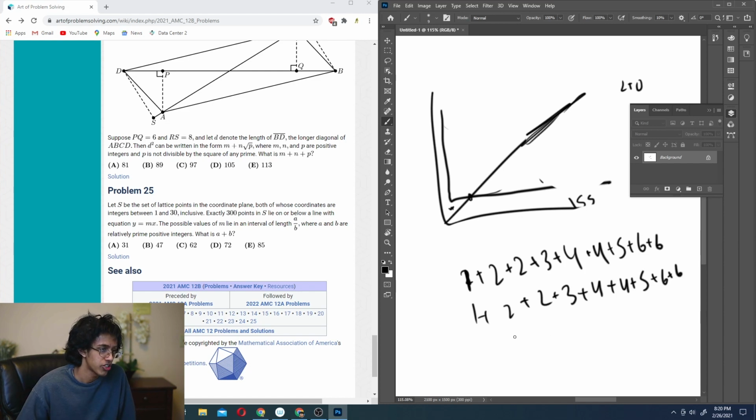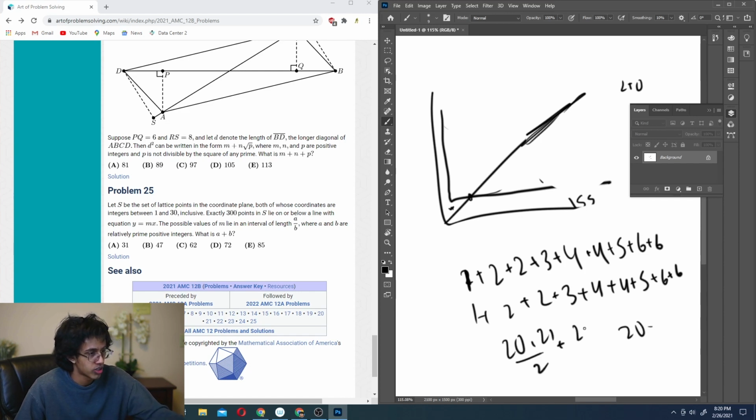Okay. So essentially, you just get all the way up to 20 plus 20, right? This is even numbers, right? So 20 plus 20. Okay, yeah, just 20. It ends on 20, so you get 20 times 21 over 2, plus 2 times, and then there's how many even numbers from 2 to 18, right? So 9 times 10 over 2. That gives you, okay, yeah, that's why it's 300.